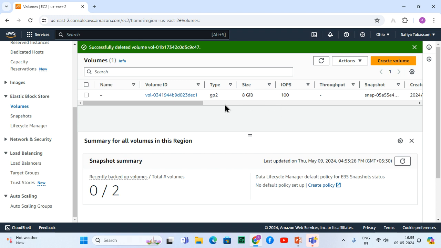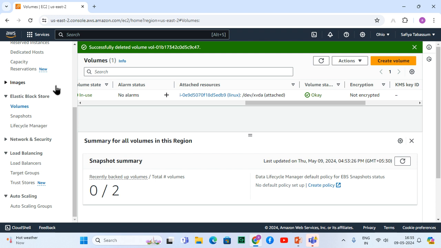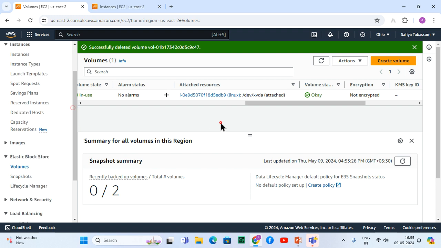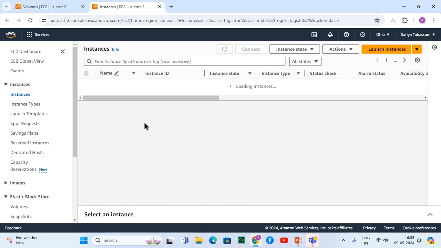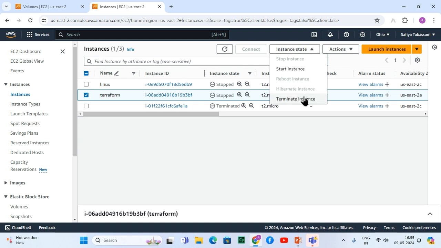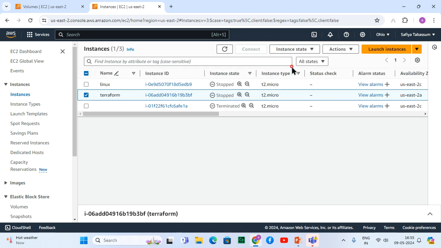Now I have only one instance here, called Linux. Go to the Linux machine here. We have two machines, right? One is stopped, and Linux. Terraform I deleted. Because even if I start it, it will not start because I removed the disk.